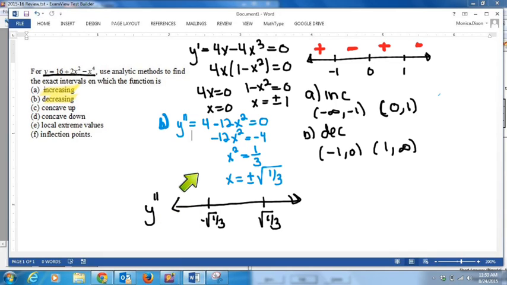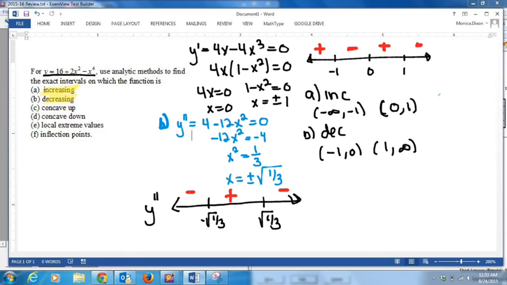So let's say -5. So I'm substituting that into the second derivative. So notice that's going to give me a negative number because it's negative. This number is going to be larger than 4. So I'm going to choose 0 in between negative square root of 1/3 and 1/3. So if I substitute a 0 in here, I'm going to get a positive, and then I'm going to get